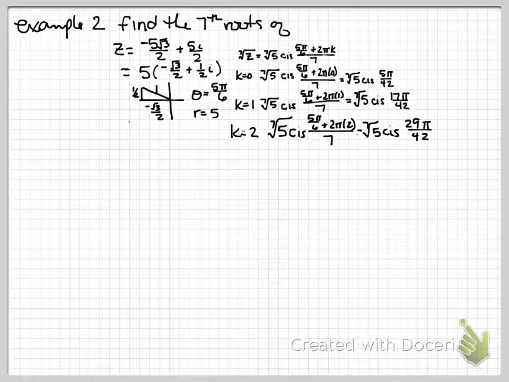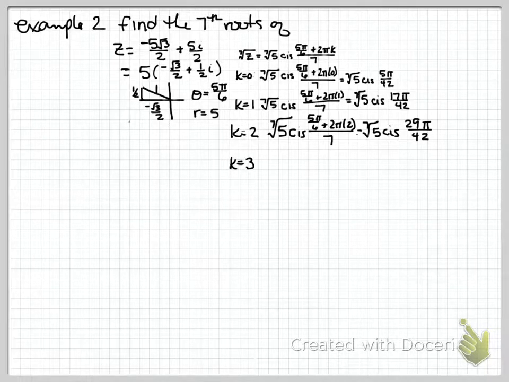Well, in the first case, I added 12 to my numerator to go from 5 to 17. Did I add 12 again? Yeah, I did. 17 plus 12 equals 29. So I'm adding 12 every time. Everything else about the problem is exactly the same. So with that,